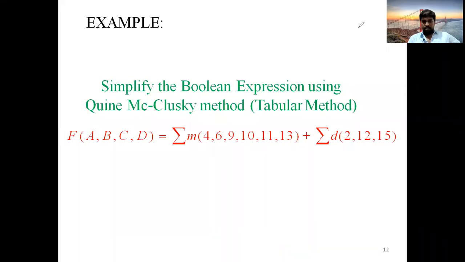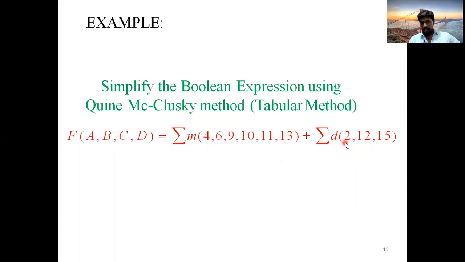Hello everyone. Today in this session, we will see the concept of the tabular method when the question is given with don't care conditions. In the previous video, we saw the normal form only. Now we are seeing how to solve the same question with the tabular method when it is given along with don't care. So today we will see solving a Boolean expression with don't care conditions. The previous problem did not have this, but now we are finding these d values.